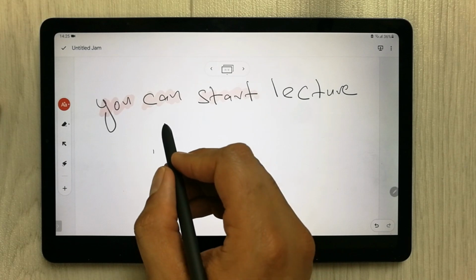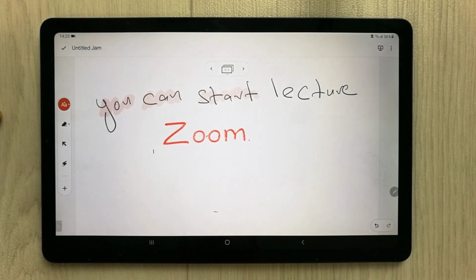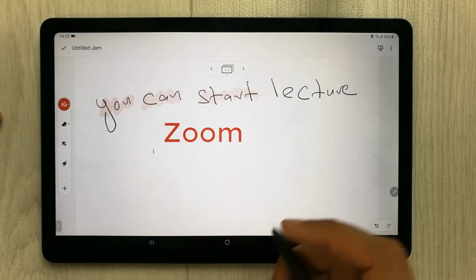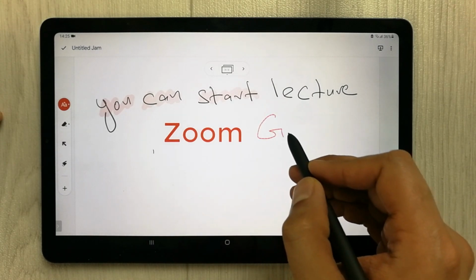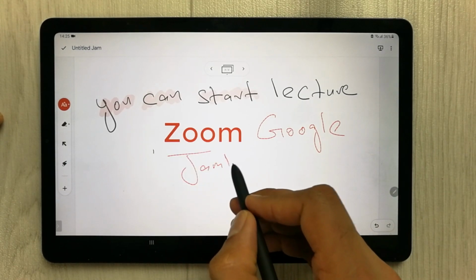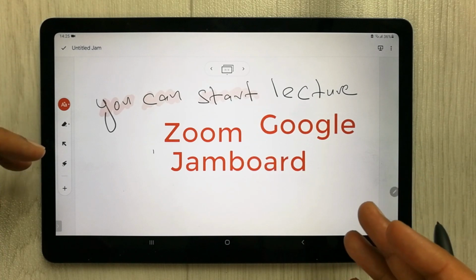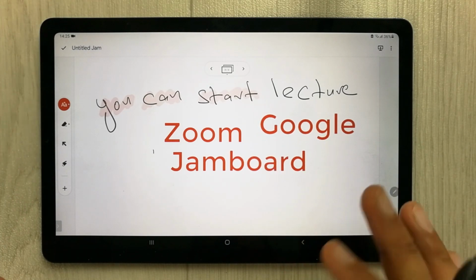Okay, so for example, I write here Zoom. Okay, and then you can see over here it convert into the text form. Okay, Google Jamboard, I will write here. Okay, so you can see over here it converted into the text. Okay, so this is very useful.